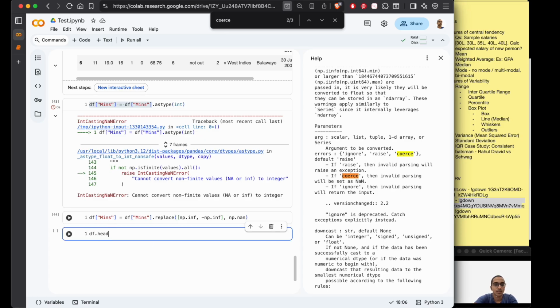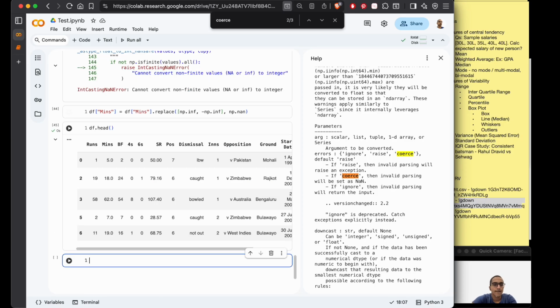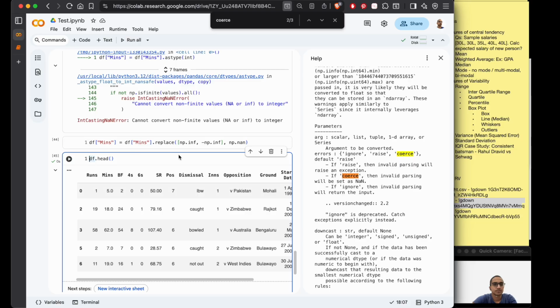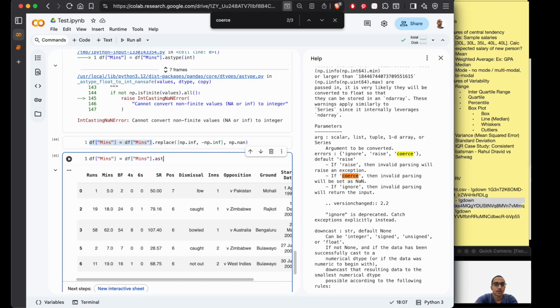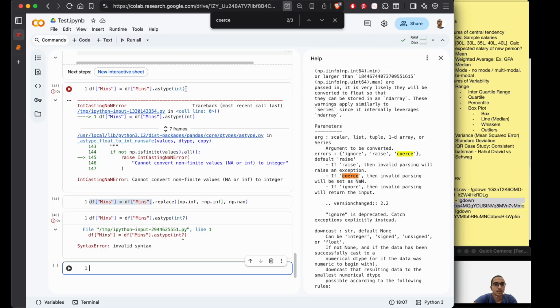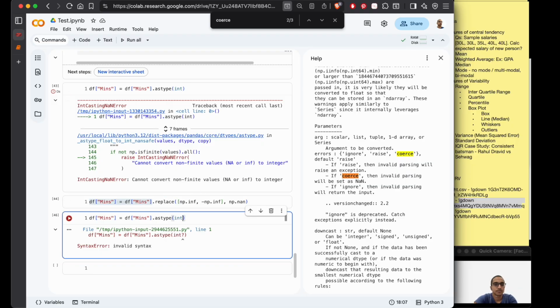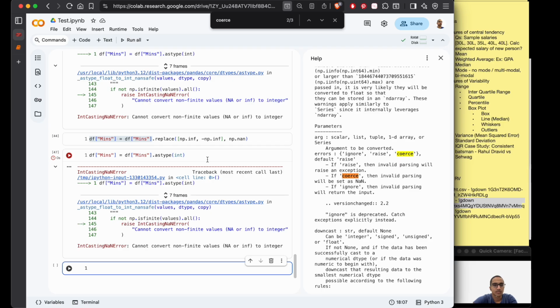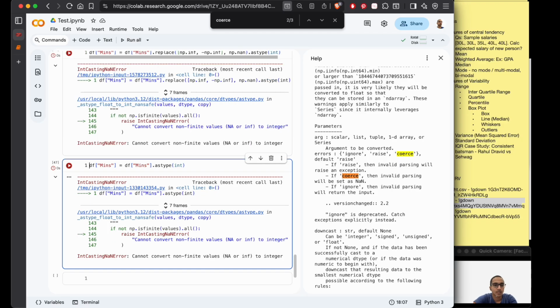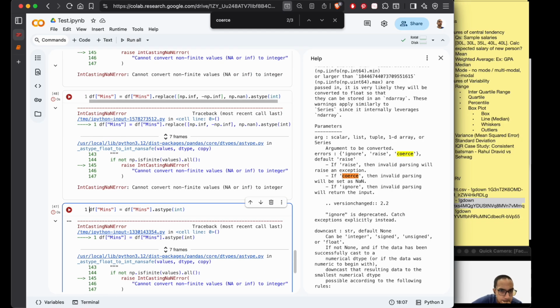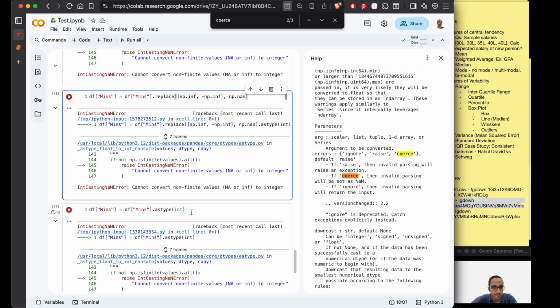df.head. Okay. Now we will convert this to type int, astype. Okay, one second. Cannot convert. Okay, I think I have to do astype. Oh, okay. No. So the next step is